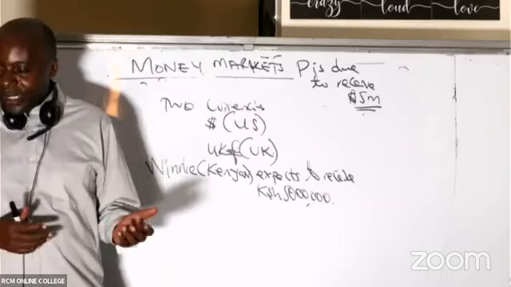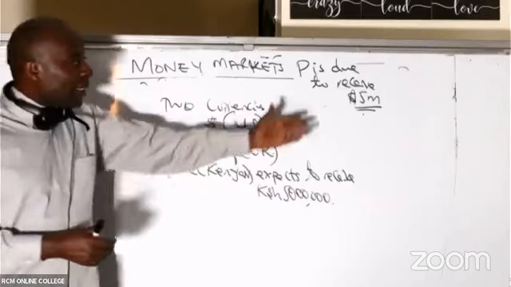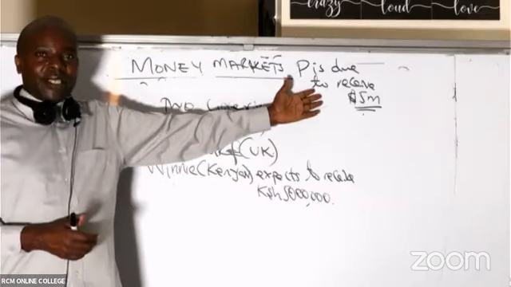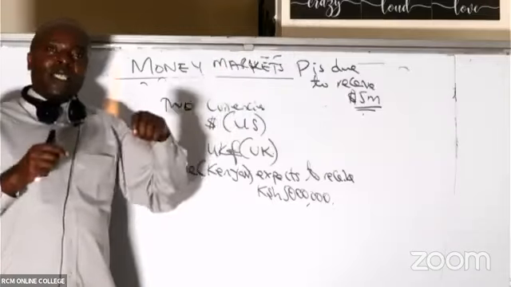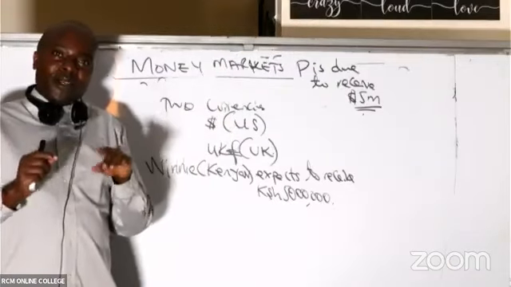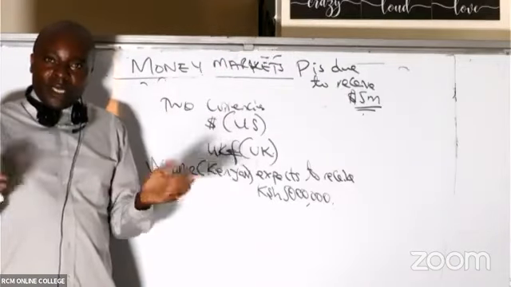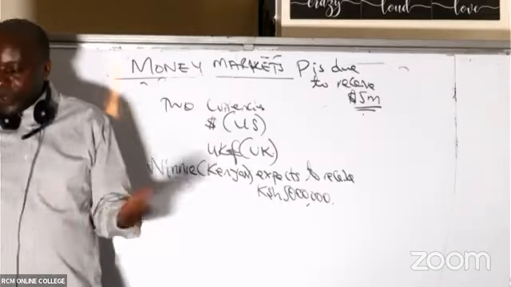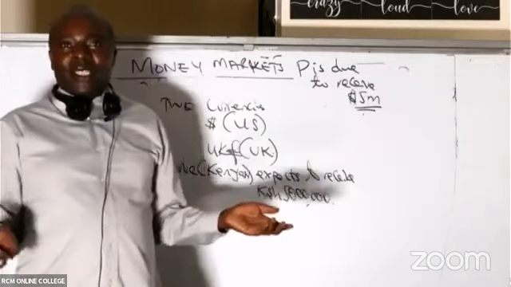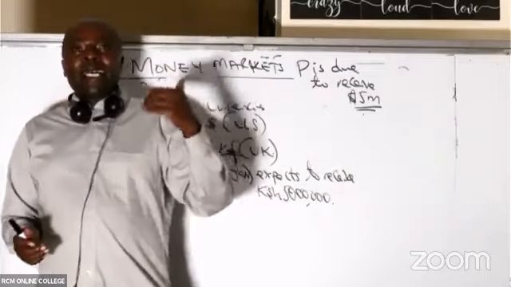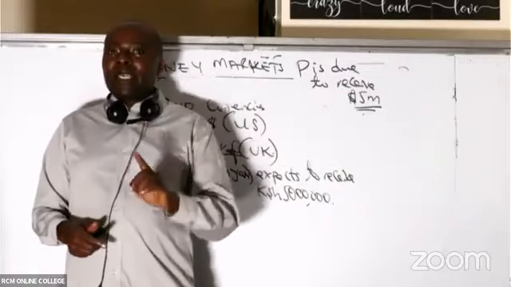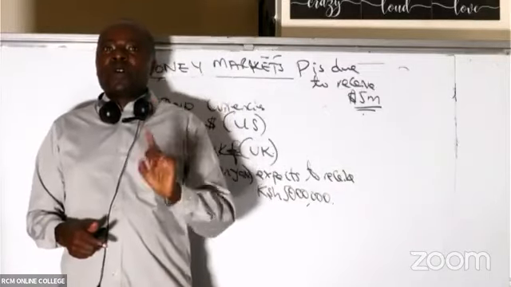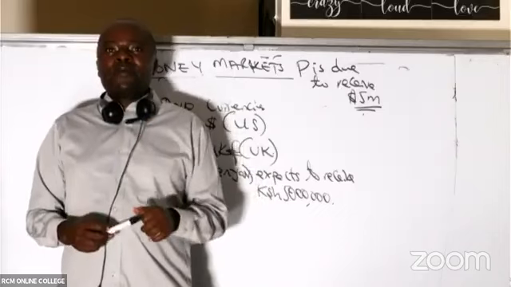I don't know whether this example in this case here makes some sense. I mean, this company cannot be based in the US. If it is in the US and they're expecting to receive or even pay in US dollar, then there is no foreign exchange problem. Nothing to hedge there. It only becomes a hedging problem if the company expects to receive or expects to make a payment in foreign